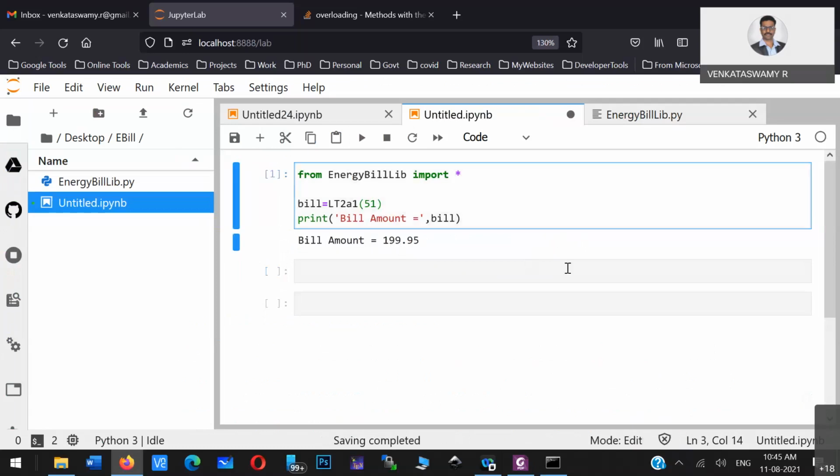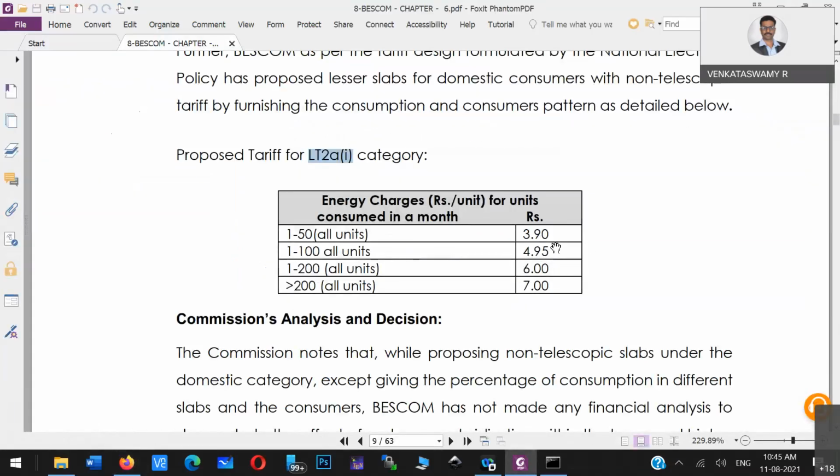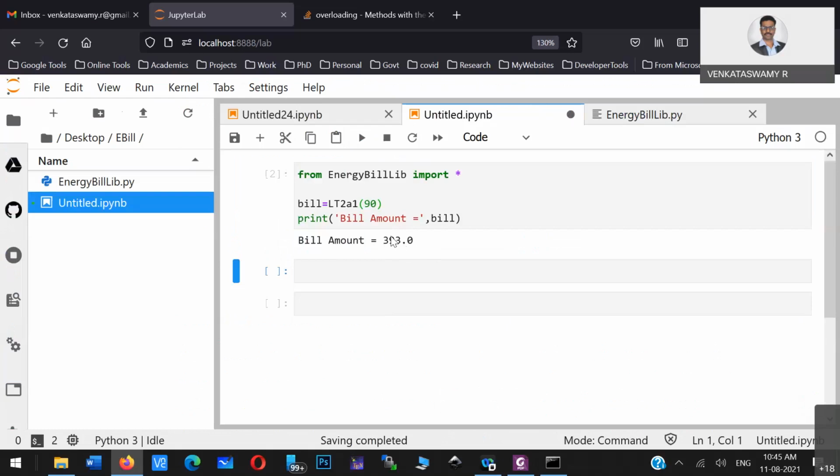Now if I change this number, say 90 units, it is basically 390 divided by 2, which is 185. Plus the additional unit cost, that is resulting in 293.